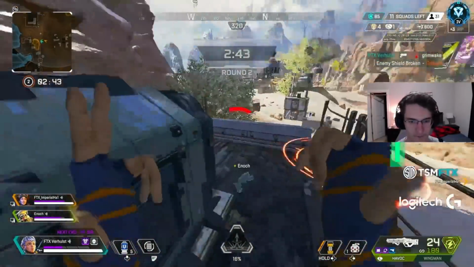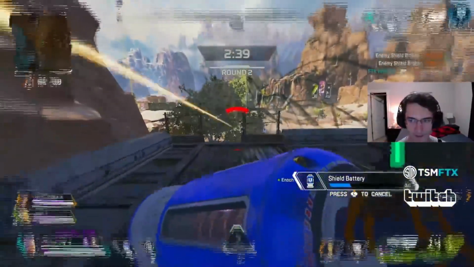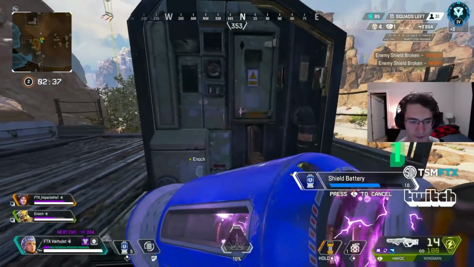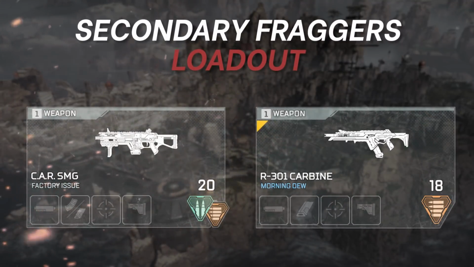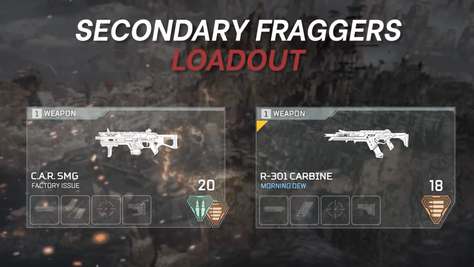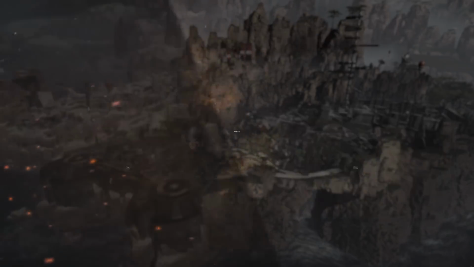There really are a lot of weapons that fit here, but one combo has both of the weapons in S tier, so I want to talk about that and then we can talk about a few variations. The main combo will be the Car SMG and the R301. The Car is a dominant force in the meta right now, absolutely shreds players and really holds a solid place